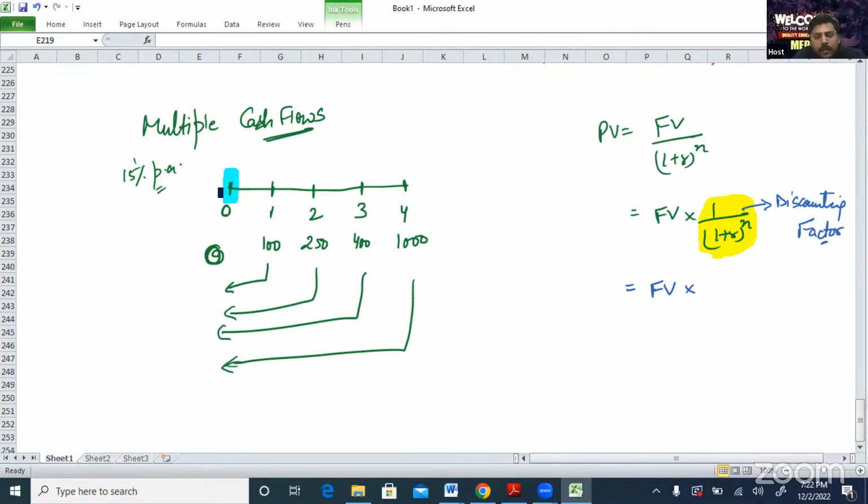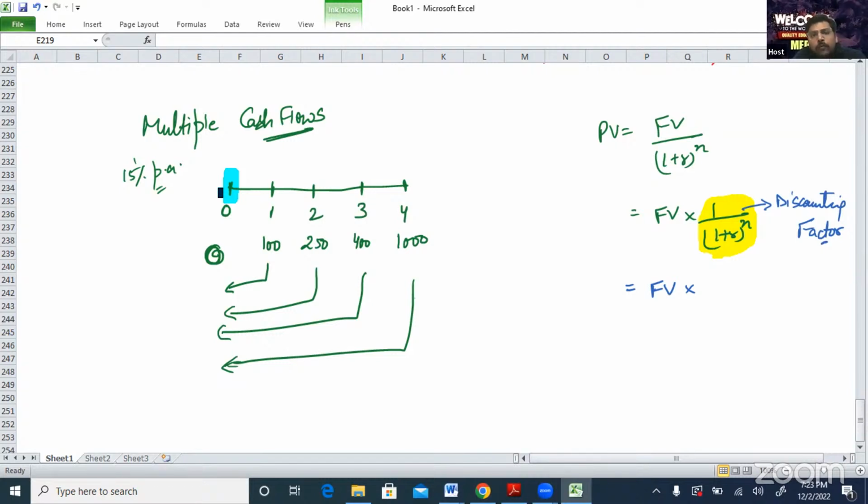At the end of the second year, 250 is the cash flow. Again press enter and then the down arrow key. Then F02 comes, and you have to keep it as 1. Then go down, then C03 comes. There you have to put 400. Then press enter, then the down arrow key, and again down arrow key. So C04 has come. In C04 again you put 1000 and press enter.